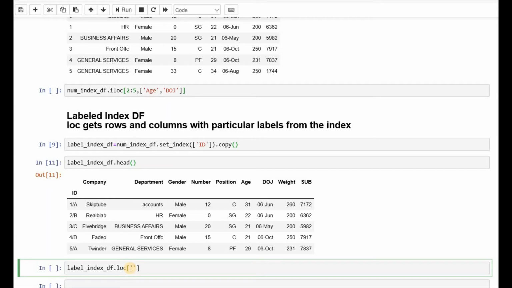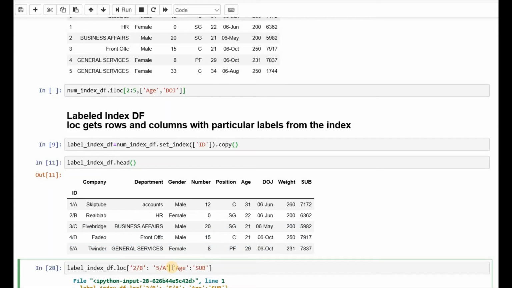Say 1, say 2, B, 2, 5, A. This is the row that we want to extract, and in columns, let's say we want age to be the sub.